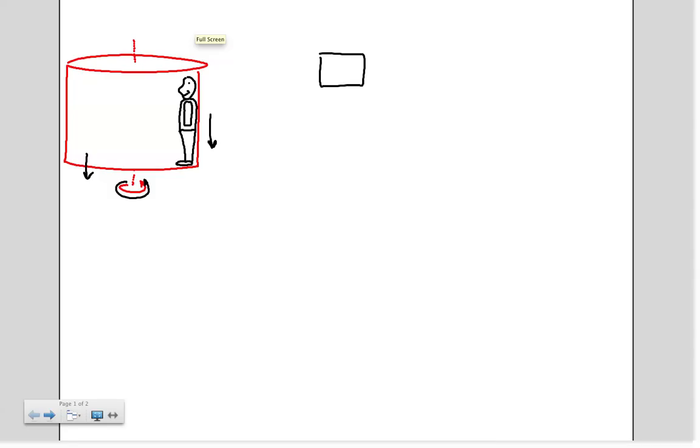So of course, when the floor drops out, we know that we have a weight vector in the downward direction. And in order for them to move in a circle, they have to have some sort of a center-seeking force here. And that's provided by the wall. If this wall were not present, then the person's not going to move in a circle. They'd fly off on a straight line tangent to the circle at the point that we remove the wall. So the normal force from the wall is really an important idea here. Without the wall pushing them inward towards the center of the circle, they would not be moving in a circular